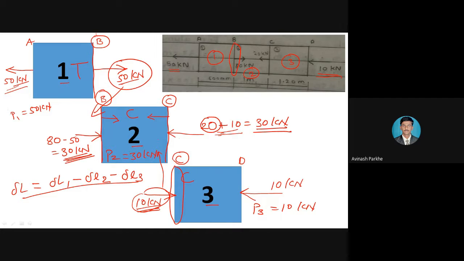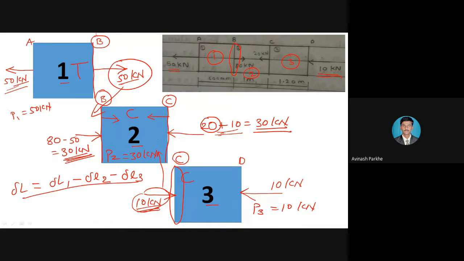Have you got how the forces are resolved? Anybody is having any problem, please ask. Sir, have you got? Yes. Others, please reply. Have you got whatever I have told, how to resolve that particular forces? Very important. Send your message in the chat box, no problem. Okay, I think there is no any problem.